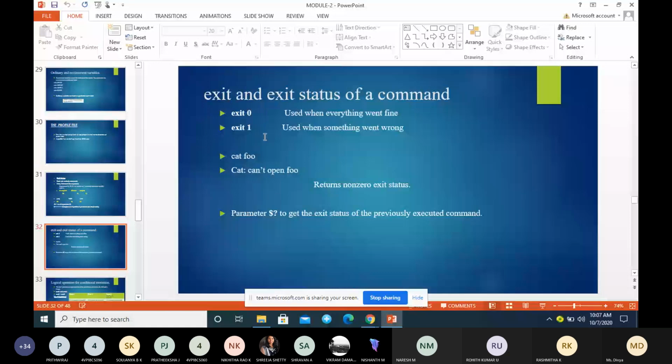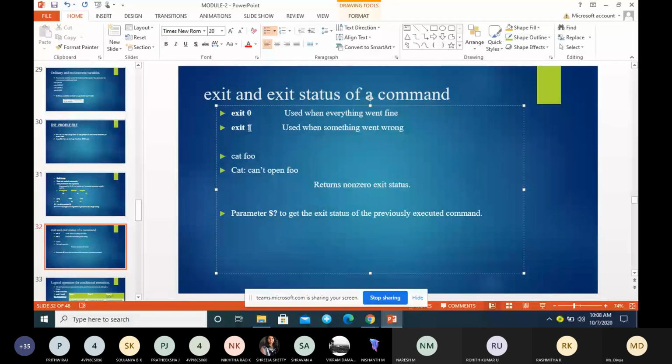In shell programs, we use exit 0, exit 1. We don't write it like the exit function in C; here we simply write exit with a numeric value, that is 0 or 1.